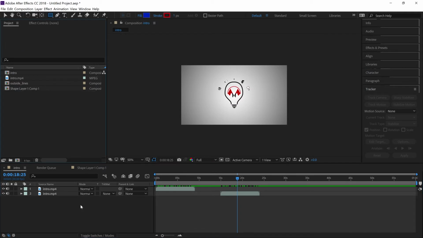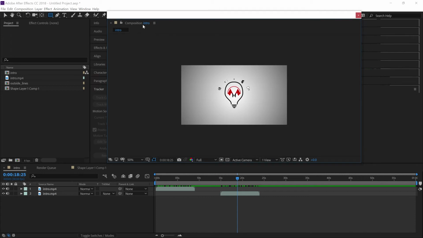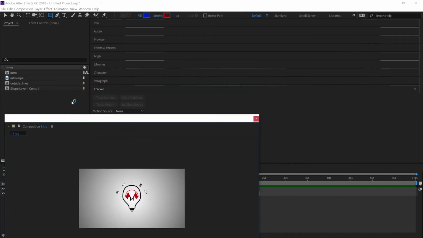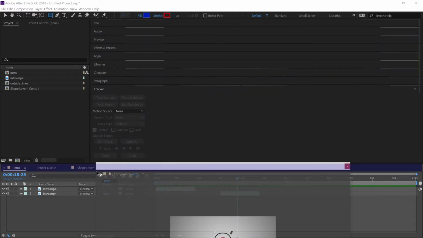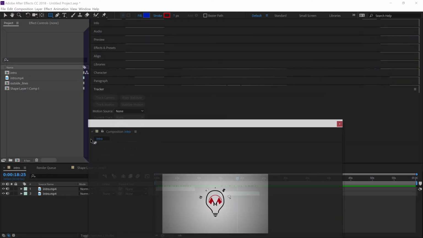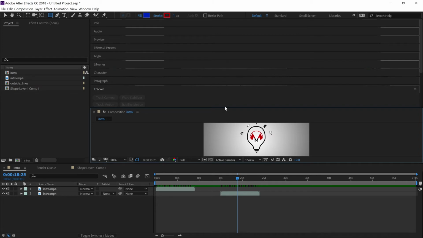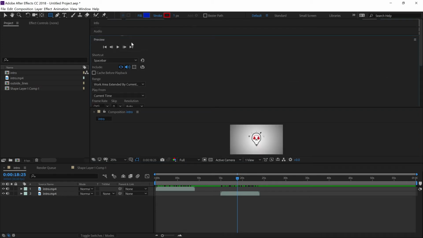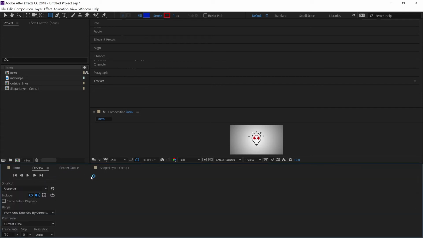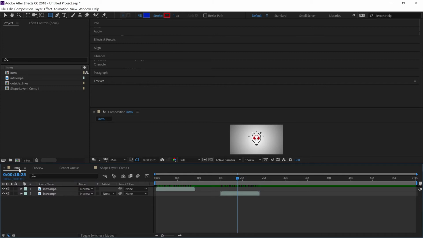Now that we talked about workspace, I also want to talk about saving your workspace. So let's say we undock a panel and we move it over there. We move it, maybe let's move this right down here, right? We want this right here. And we want the preview buttons, maybe about right here, down here. I know it's getting ridiculous at this point, but let's say we want to save this